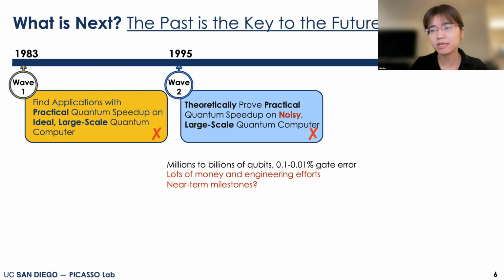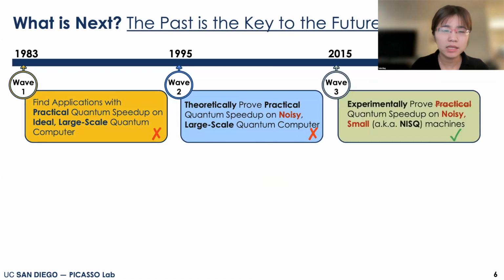So imagine that you go to investors and say, okay, give me $2 million or $10 billion, and maybe in 20 years I will give you a machine and show, okay, we can do it. So no one will give you the money. That's not how the world works. So that's why people are trying to find more near-term milestones so that we can have more confidence in quantum computing. That leads to the third wave,